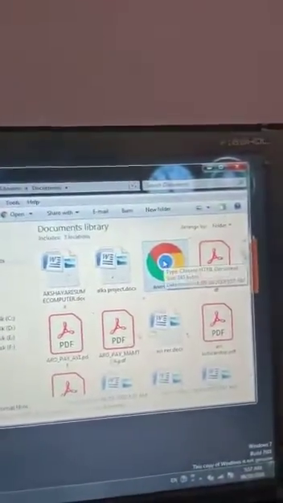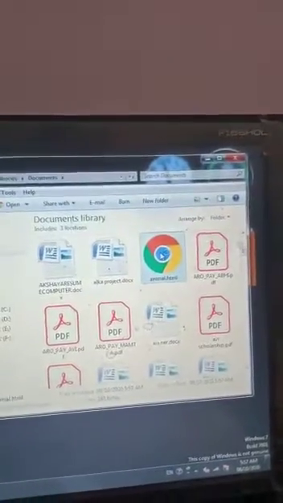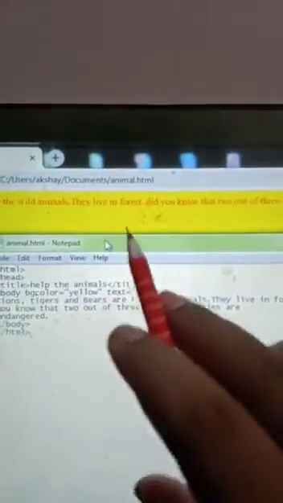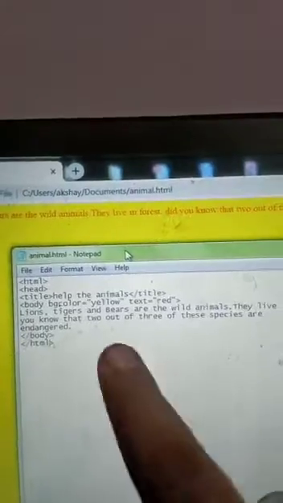You have to open it. Double click on that. Look here, this is the body. In this I will show you, look here, the body bgcolor is equal to yellow, the background color, and the text is red. So the text is displayed in red and the background color is shown in yellow.